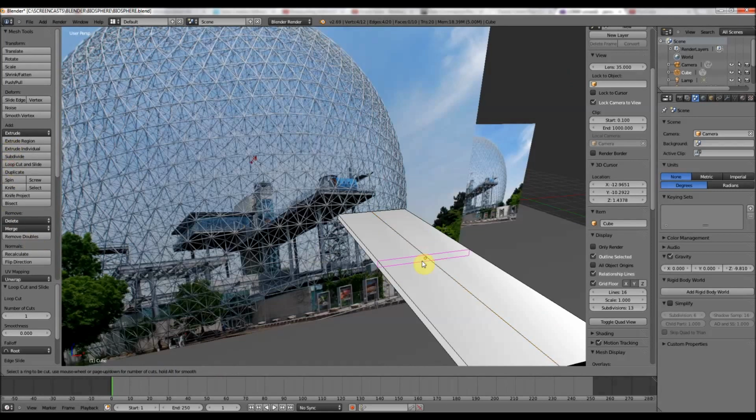Loop cut and slide. First back tower, loop cut and slide. The space, loop cut and slide again. There. Okay,